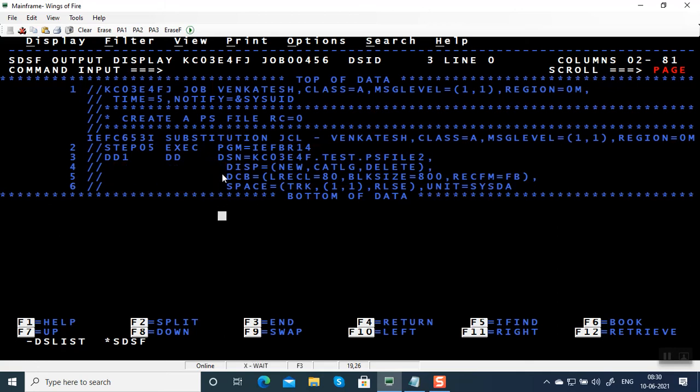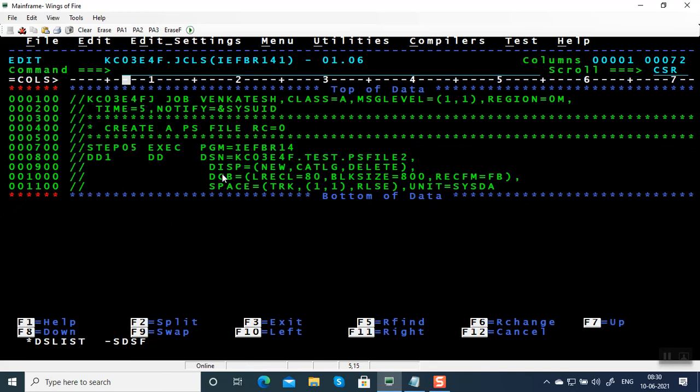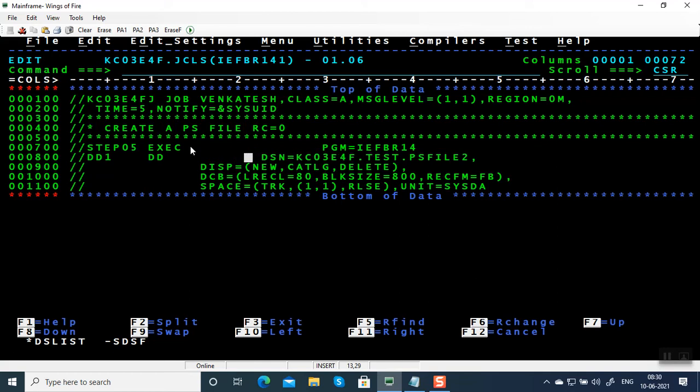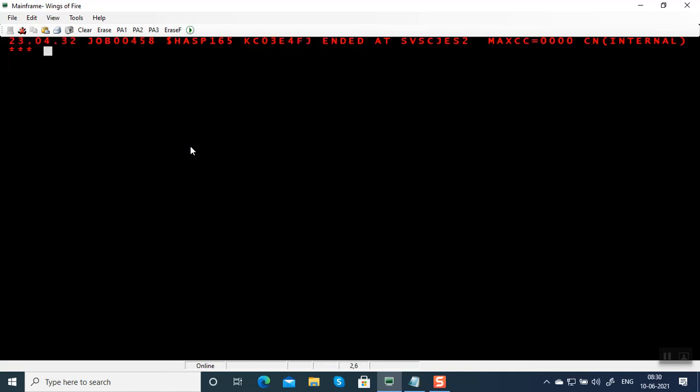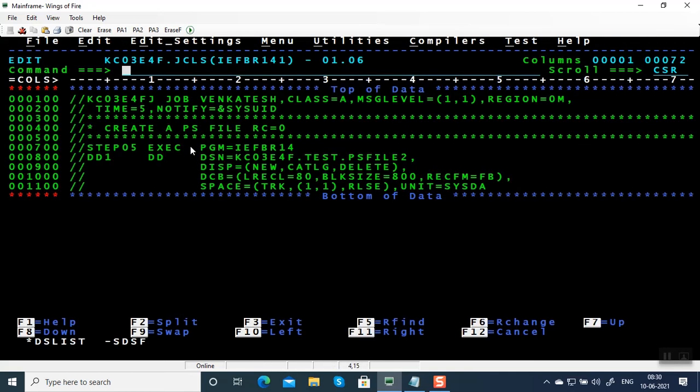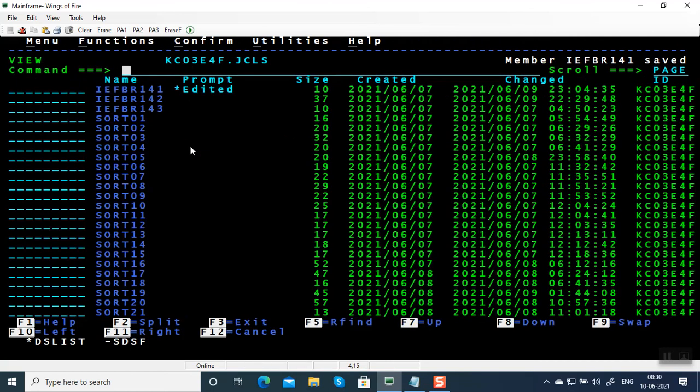Okay, so this is a problem. I'm going to remove this. So only the continuation statement should be between column 4 and 16, but this can be anywhere. You can write this anywhere. It is going to work. But only the continuation statement, like disposition, DCB and space for the DD operation, should be between column 4 and 16. I'm going to execute this. It will run successfully. This brings an end to this video. Thanks for watching this video.